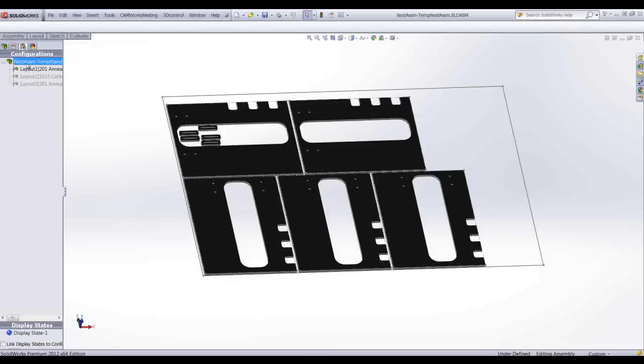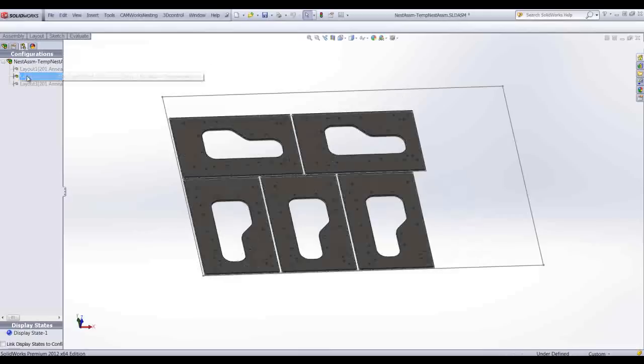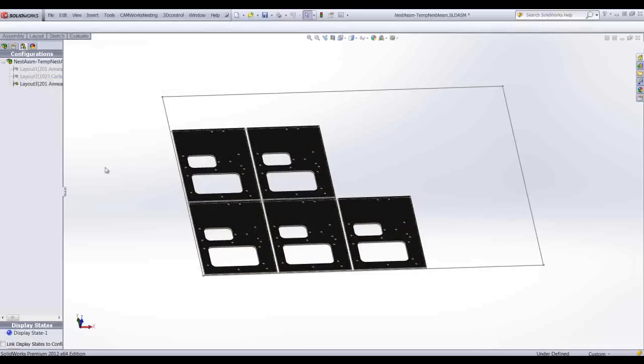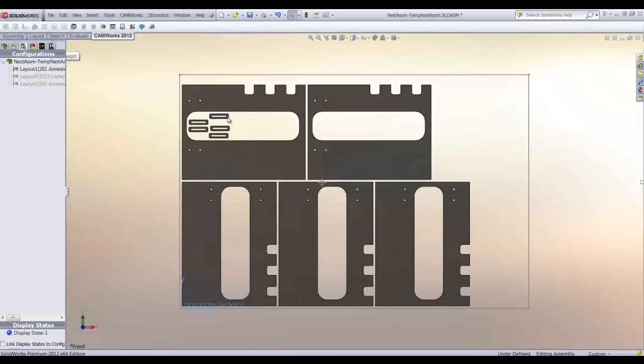I'll go to the configuration tree, and again, we can see where each of the layouts has been created automatically and added to the SolidWorks Configuration Manager. Because the SolidWorks assembly is created automatically, I can edit the assembly if I want to change the layout. I'll suppose in this example that I don't want the smaller parts nested inside the larger parts. I'll drag the parts over on the sheet and place them in their desired locations. Now that I have them placed in their desired locations,